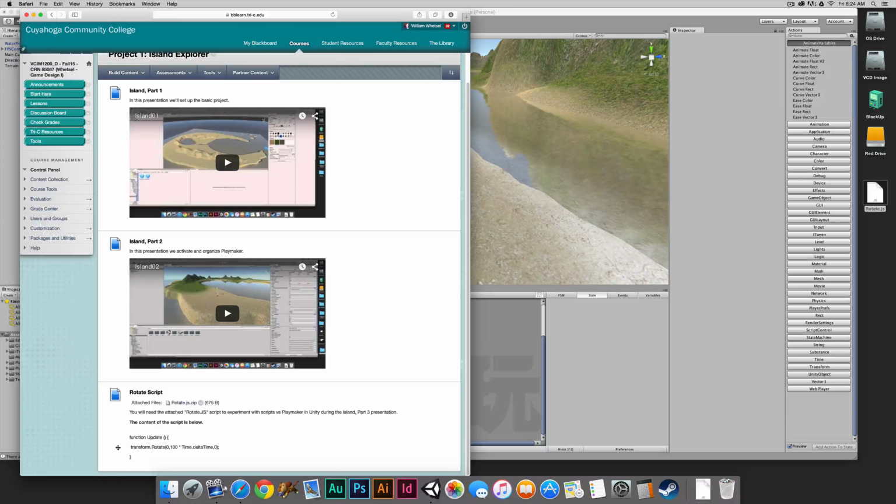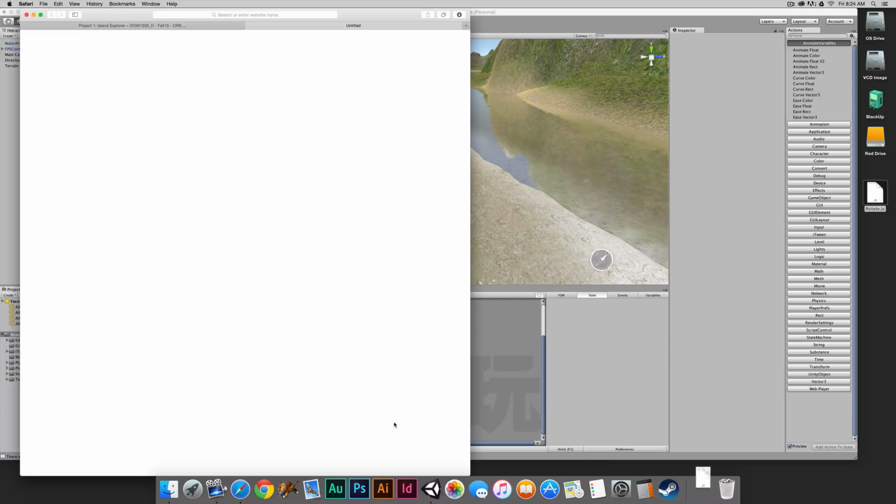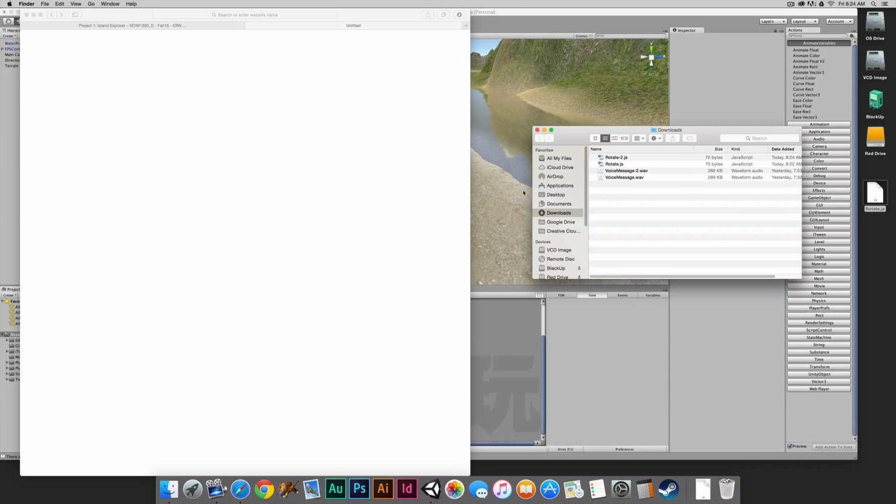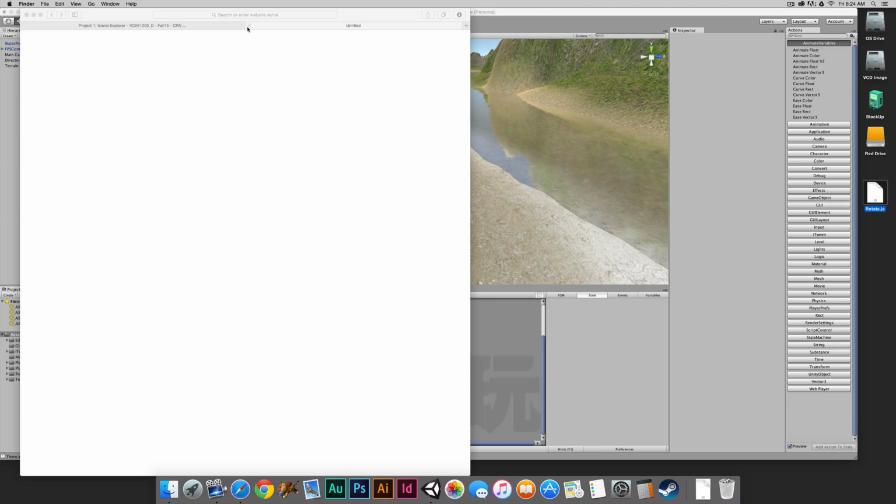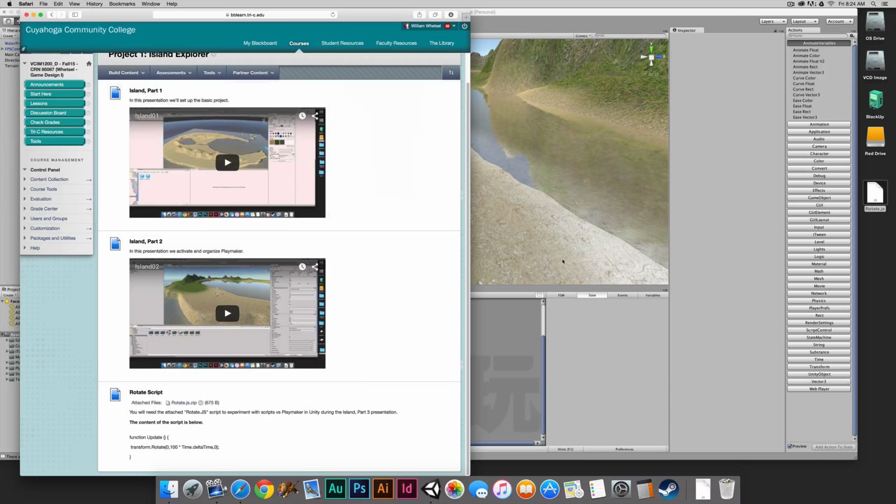So for this demonstration, you're going to need the rotate.js script, which I've provided inside the lesson folder. So you can see here that there's an item called rotate script, and I'm just going to click on that script to download it. I'm going to open it up from my downloads folder, and I'm going to unzip it if I need to, and I'll just drag it right to the desktop. So I already have a copy on my desktop, this rotate.js script, and the .js just refers to